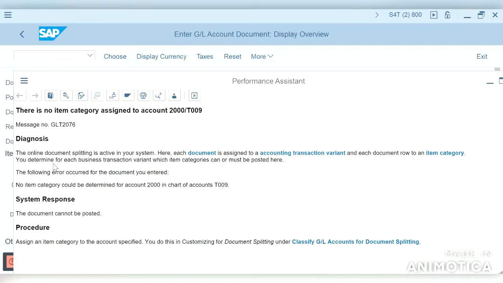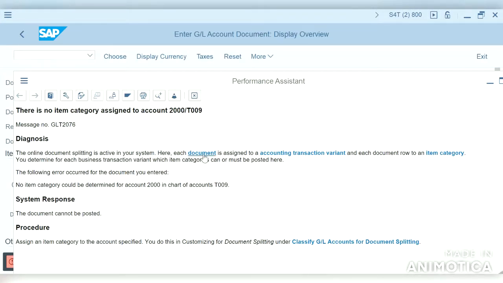So the online document splitting is active in your system. Here, if it is active, each document is assigned to an accounting transaction variant and each document row to an item category.